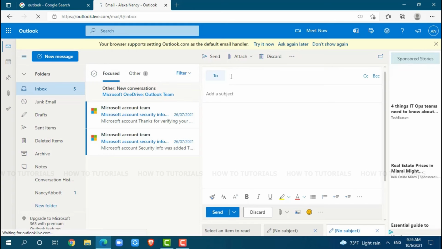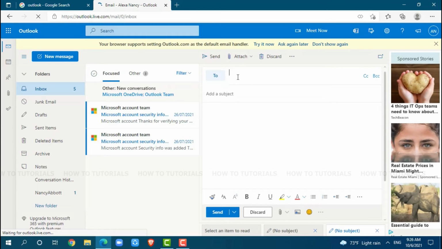Now here at the empty text field of To, you need to provide the recipient email address, that is the email address to whom you want to send the email. Here you add a subject. Now at the body section, you type in the message that you want to send. After you are all done, if you click on send, your mail will be directly sent to the recipient email